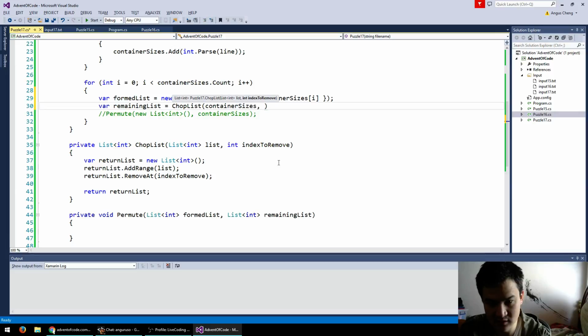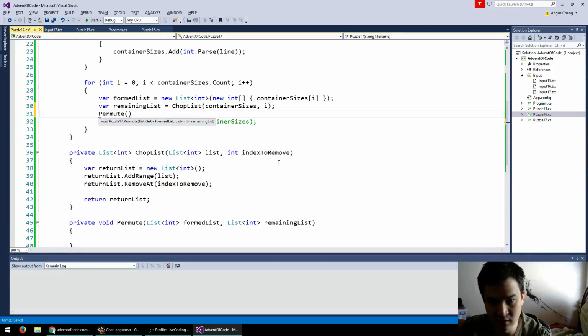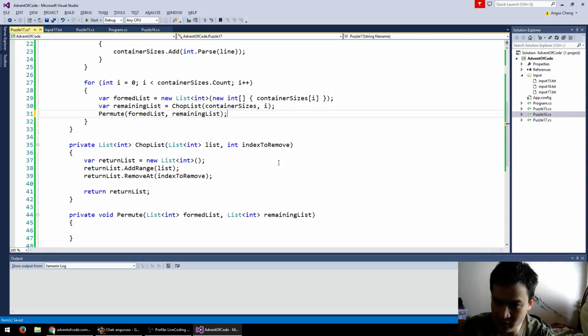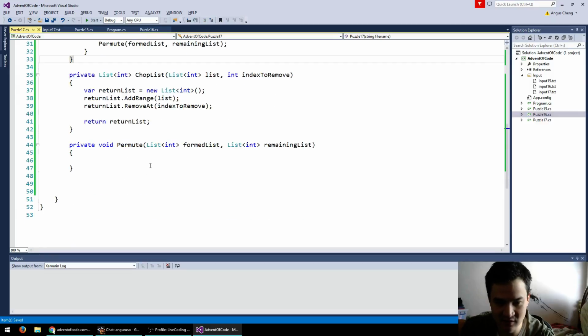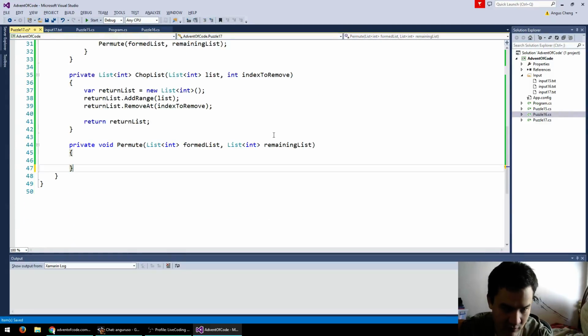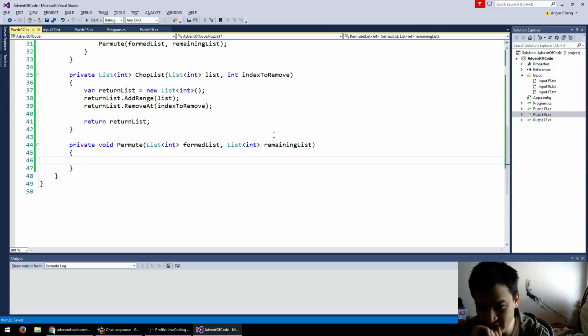Container sizes I. Then we permute the formed list. I like it when these names match these names. Oh, they don't match. Okay. These names match these names. It makes it easier to call your code. It's even nicer in something like Swift or Objective-C. Okay, so we got that, and then